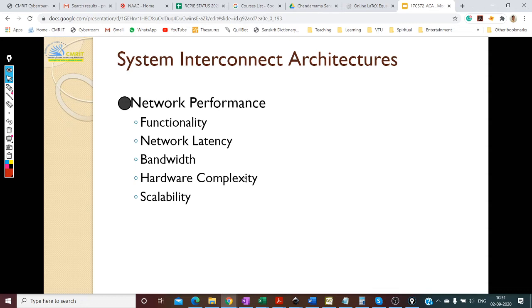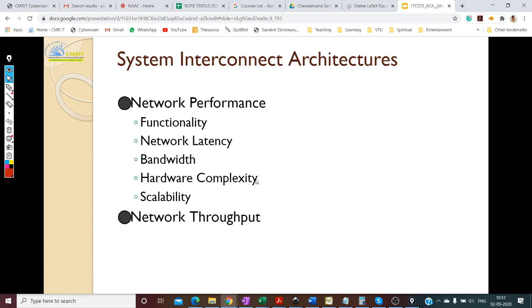Now if my network topology is in such a way that it doesn't scale up, it's going to create a bottleneck. If I just provide, say, one link between two clusters of 1,000 processors to communicate, then that's surely going to create a bottleneck. There has to be some kind of scalable network, where we can add more nodes to it and still have good network performance. So that deals with scalability, and many topologies that we will see in the next few slides will be scalable by nature.